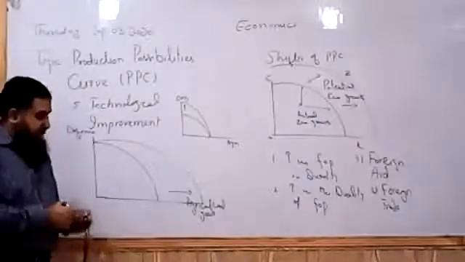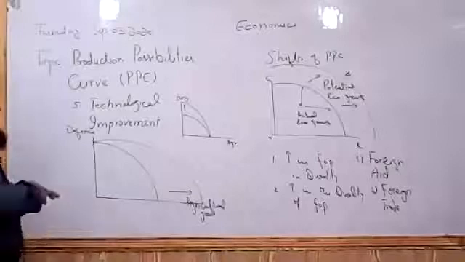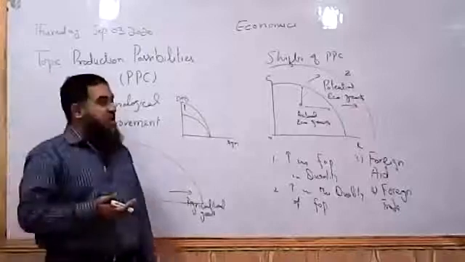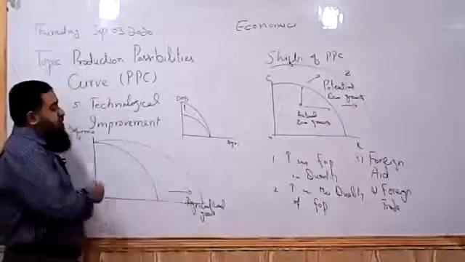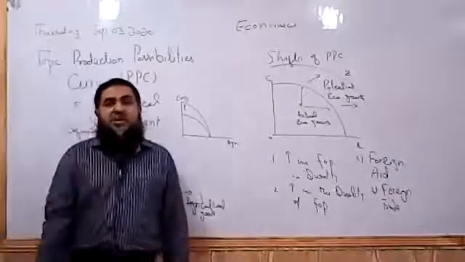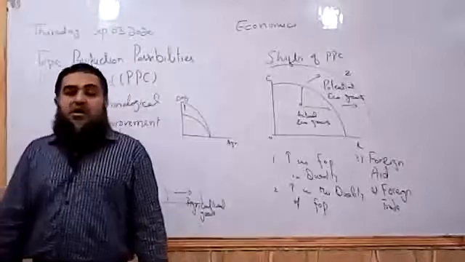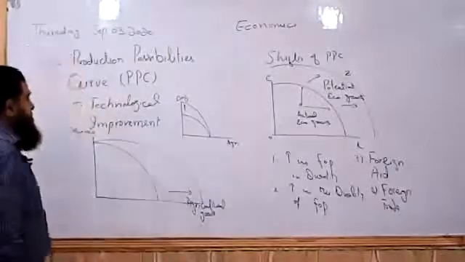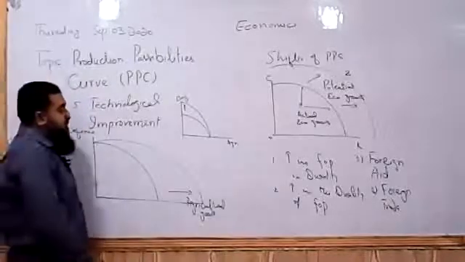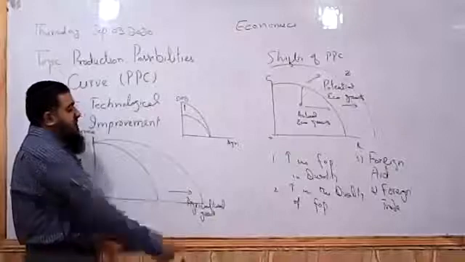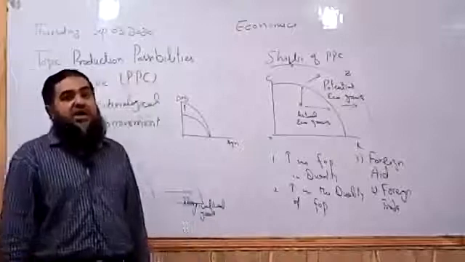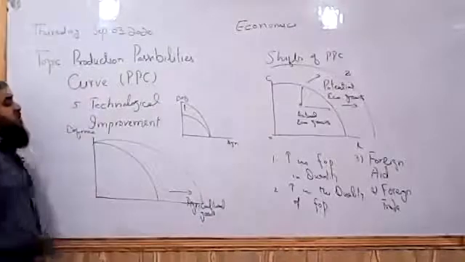So it depends on which side we are having improvement in the technology of the production of those goods. From that side, potential has increased. Like if we are having better fertilizers, better pesticides, and better technology to produce more agricultural output, or seed quality is improved, then definitely there will be a green revolution, and we are able to produce more farming output. Agricultural output can be increased, keeping the defense output constant.